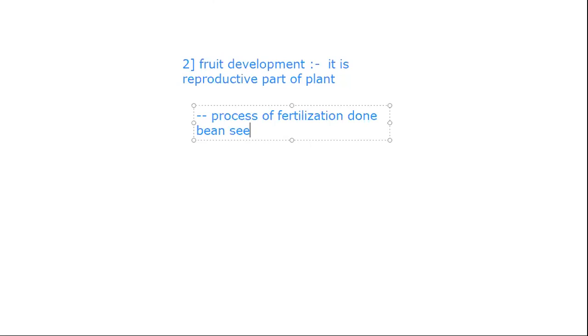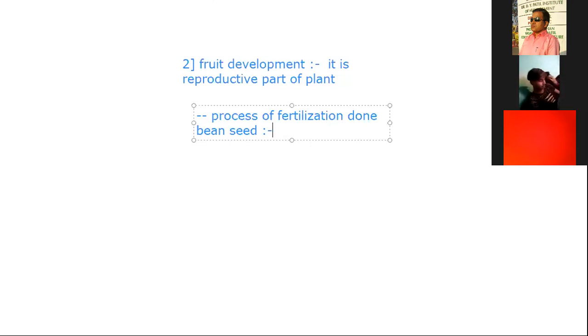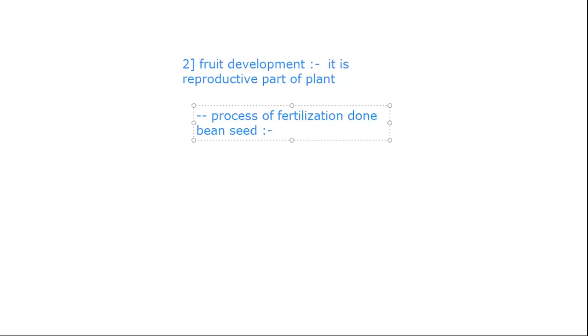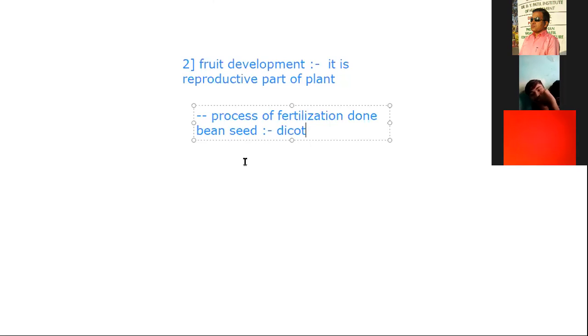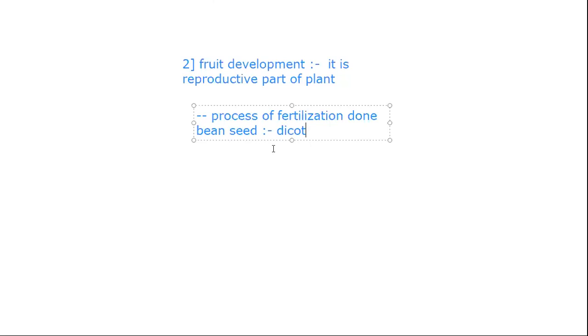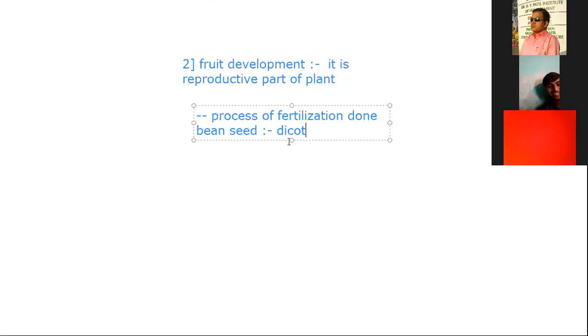Beans, the bean seed, it is the opposite, it is a dicot. Two cotyledons are there in the bean seeds. There are the two cotyledons. Okay, so it will be fused, and the process of fertilization results. Okay, bean seeds. So when we see the structure of the bean seeds,